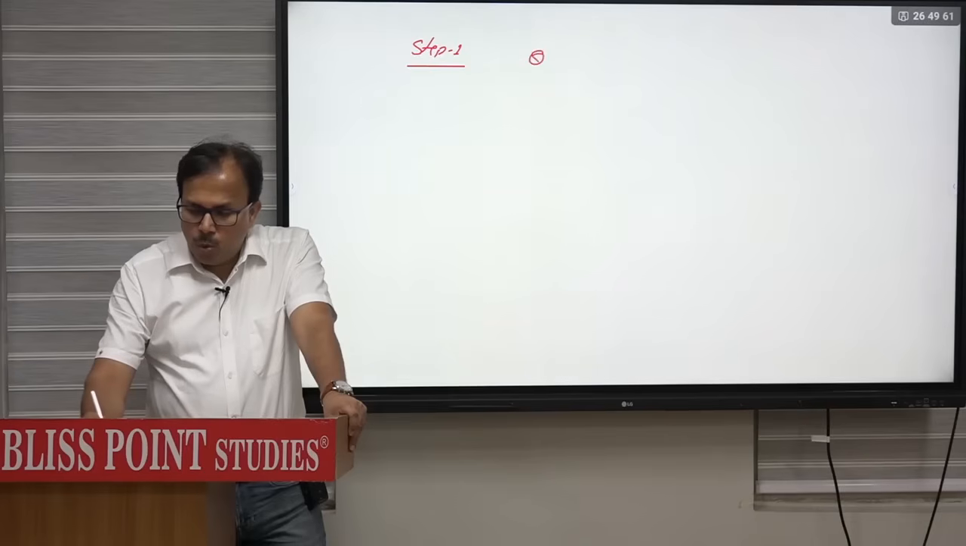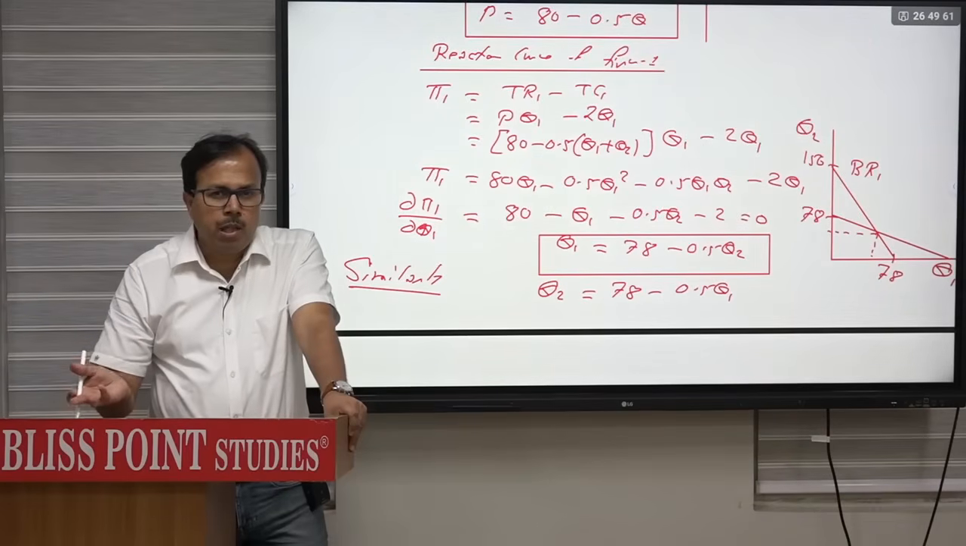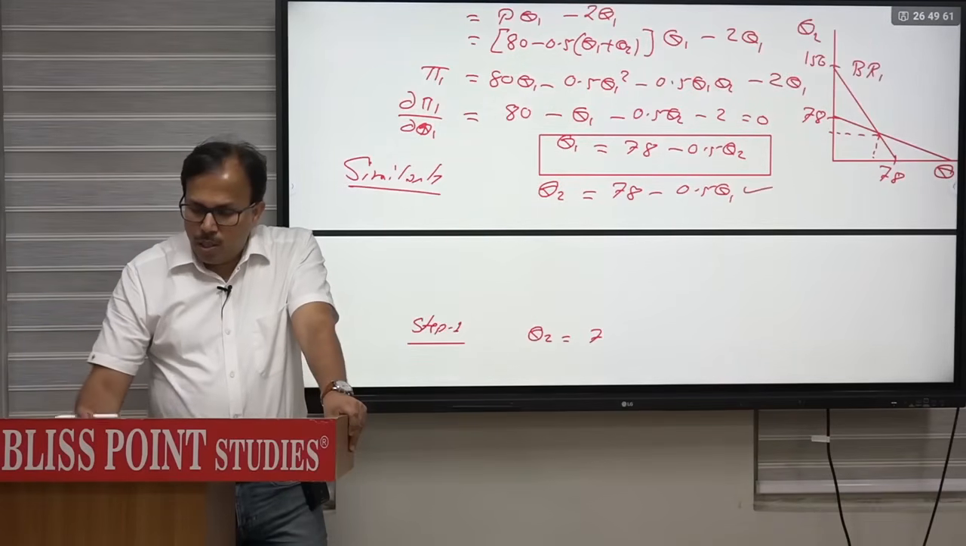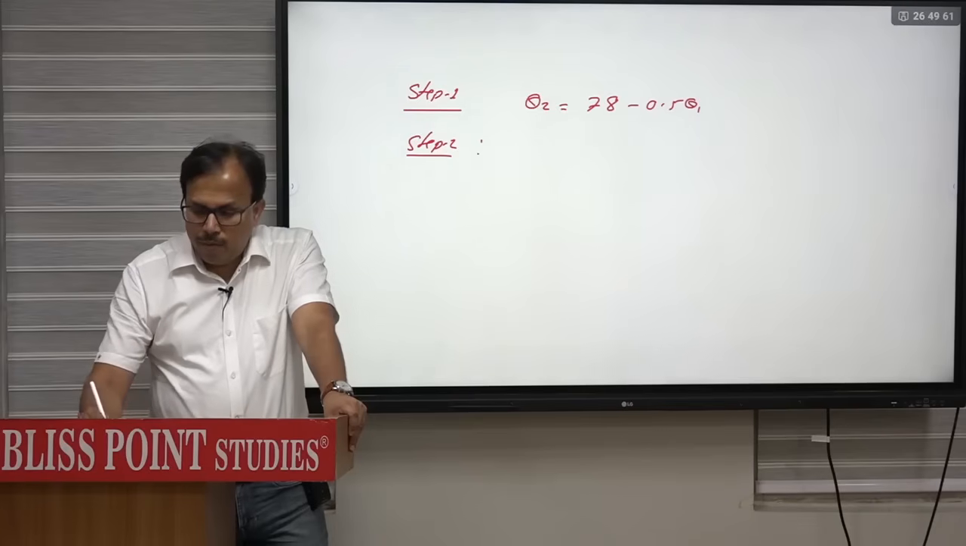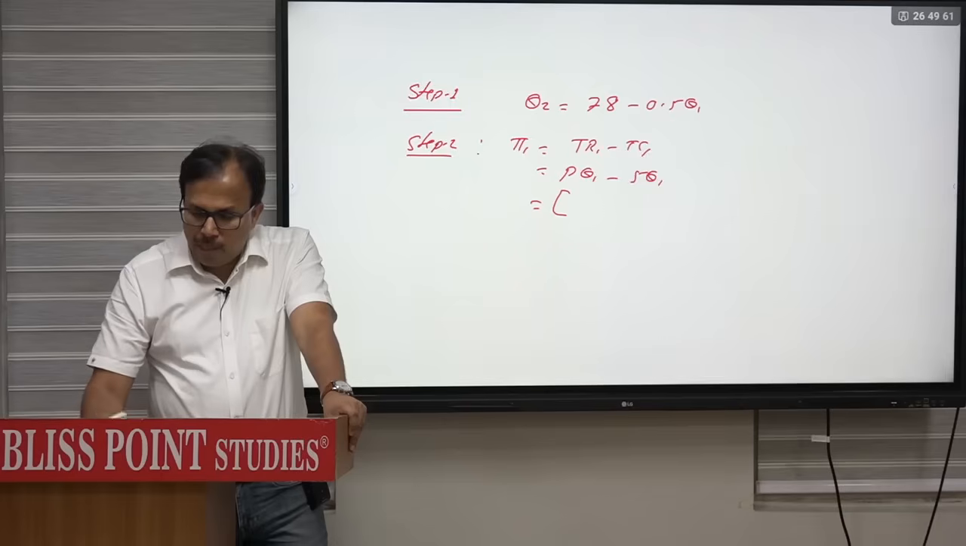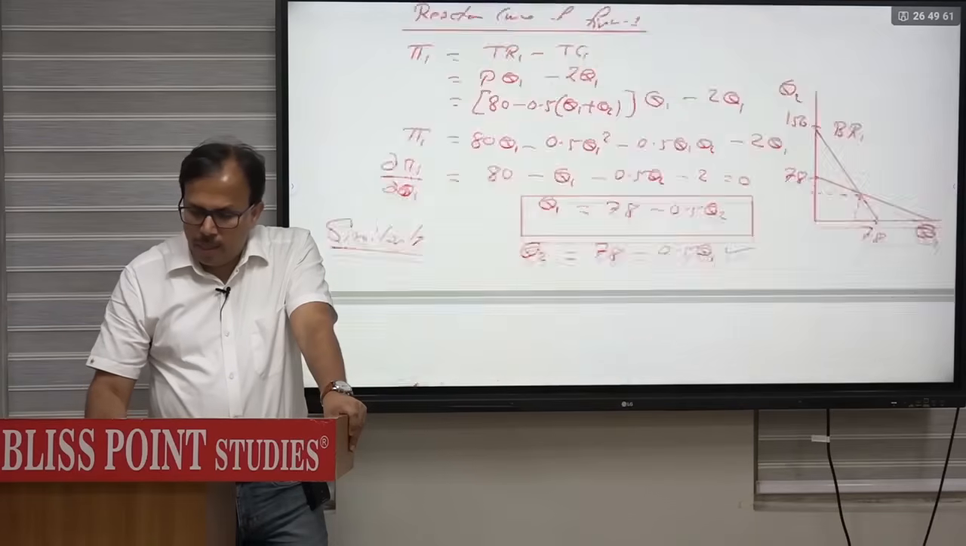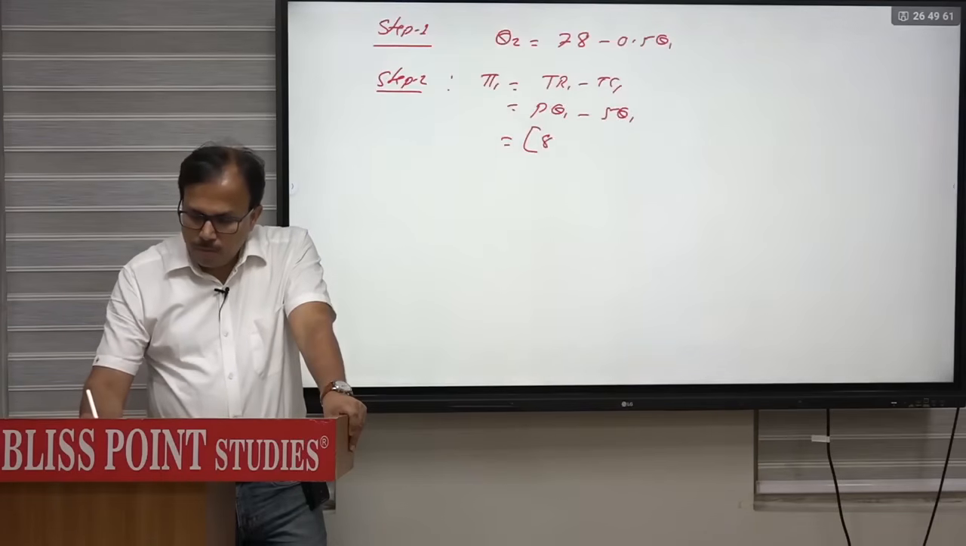Reaction curve of follower means Q2 equal to, ये ऑलरेडी लिखा हुआ है हमारा, इक्वेशन आपने लिख रखा ऑलरेडी। सेकंड फर्म का रिएक्शन कर्व भी है 78 माइनस 0.5 Q1। देन स्टेप नंबर 2 में write the profit of leader. Profit of leader that is pi 1 is equal to TR1 minus TC1, so it is P into Q1 minus 5 into Q1। In place of price ये already पार्ट भी आपने कर रखा है, 80 minus 0.5 (Q1 plus Q2)